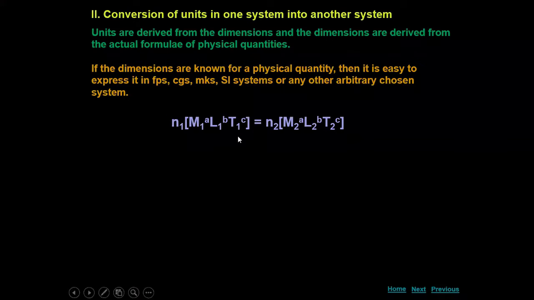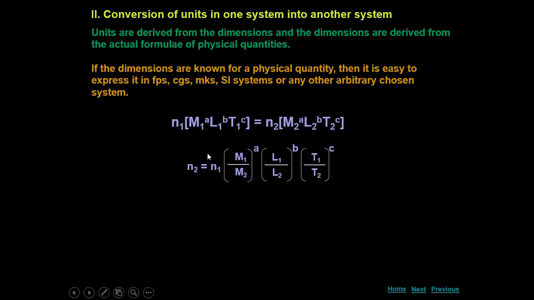Usually we will be writing in terms of M, L and T, right? So that's the reason M, L and T I have written two times, since both the sides have it. That's the reason I have differentiated 1 and 2. And powers also, we do not know how much power we get. If we get 0, it will be nullified, it will become 1. So the previous case we have already seen. Now this is the general formula for how we convert one system of units into another system of units. You may not be understanding from here how exactly we deal with it. We will see one example so that we will come to know.